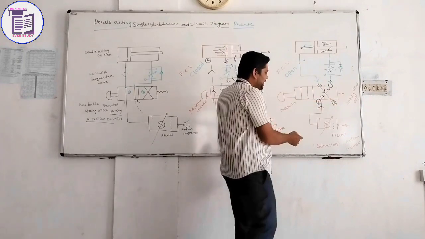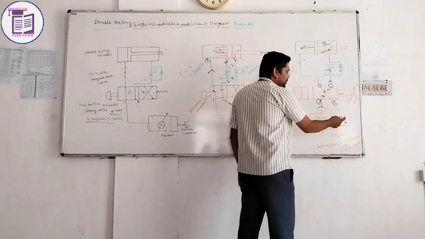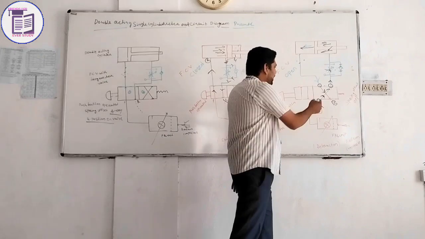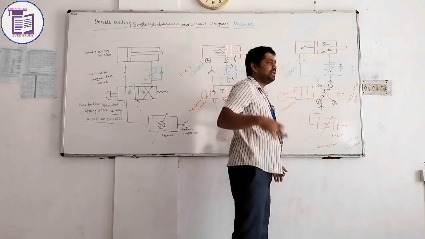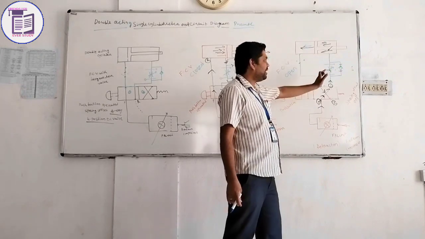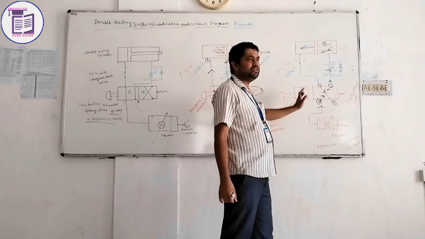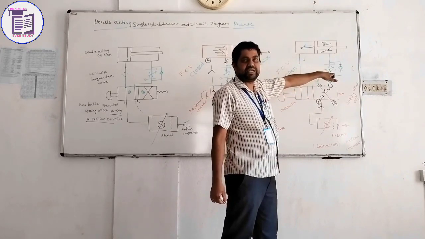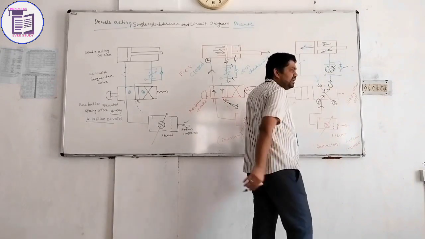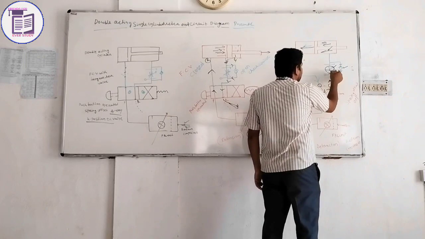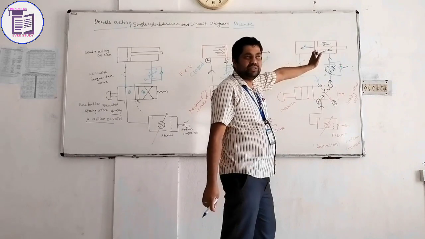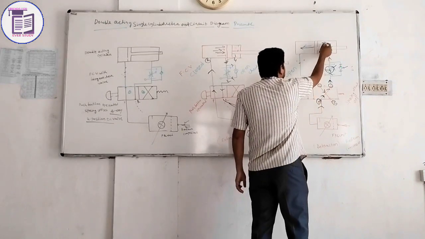So when the right hand side is activated, similar to before, the compressor should provide the pressure and the FRL unit will pass the air to the direction control valve, and the direction control valve flows the air to the rod side of your cylinder. How? Using a flow control valve. Here the retraction should occur, and the function of retraction should be measured here in your meter out circuit diagram. This flow control valve should be open and the check valve should be closed, and the air will flow through this flow control valve to the rod side of your cylinder, and the retraction of your piston should occur here.